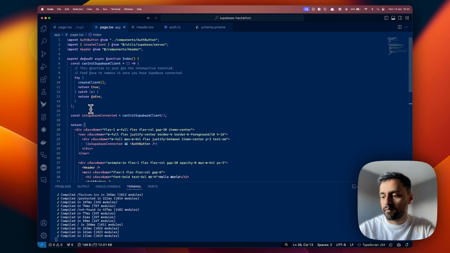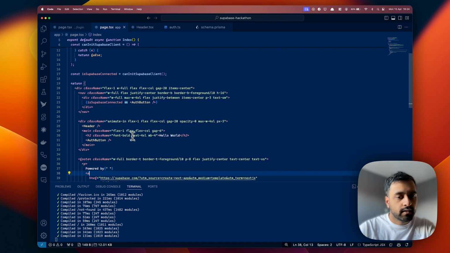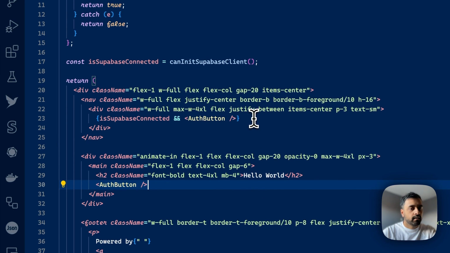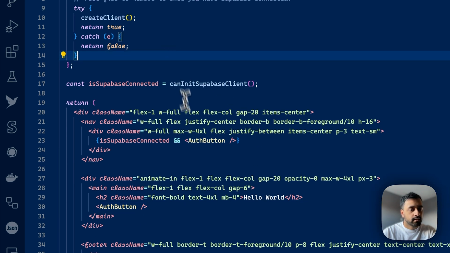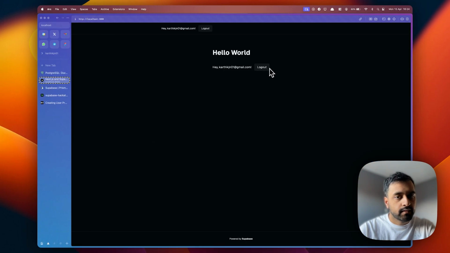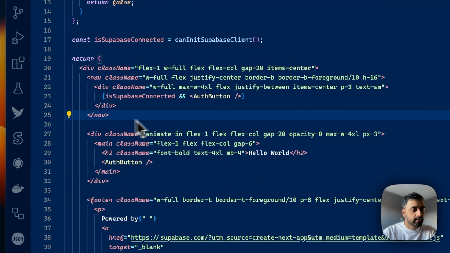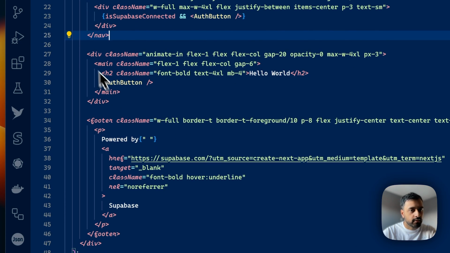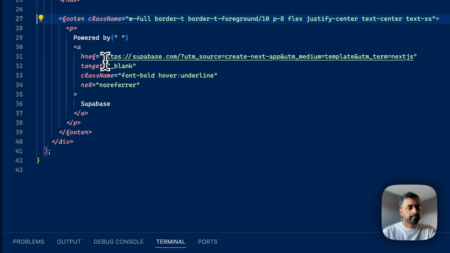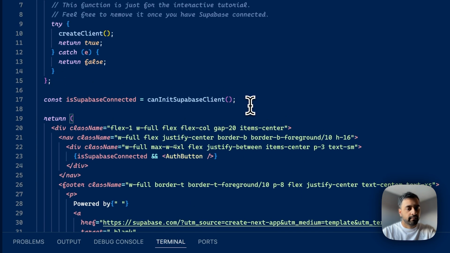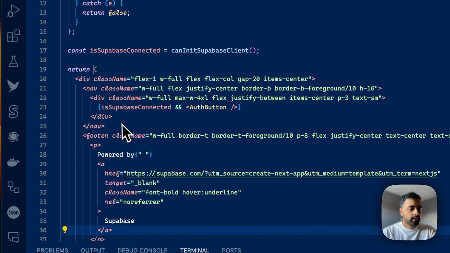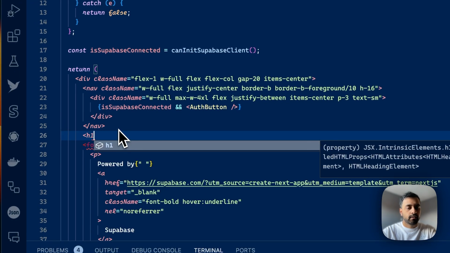We don't need the header for the moment, at least. Where is header? Perfect. Yeah, perfect. Okay, let's remove some of the duplication as well. Don't need this. We'll leave the footer in there, so it says powered by Supabase, and let's just have a big chunky H1